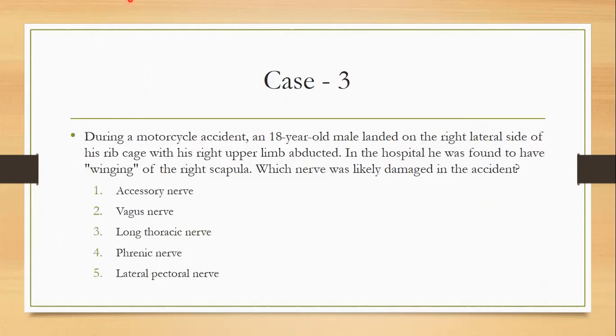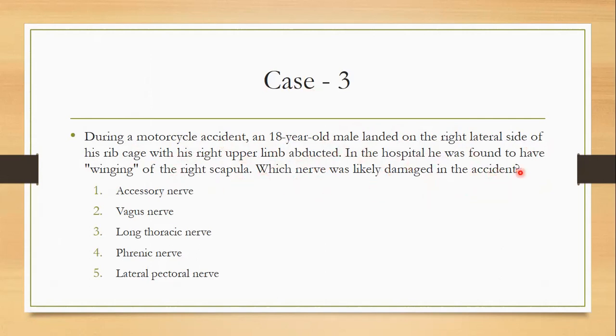Now, moving on to the third case we have. During a motorcycle accident, an 18-year-old male landed on the right lateral side of his ribcage with his right upper limb abducted. Please note abducted. In the hospital, he was found to have winging of the right scapula. Which nerve was slightly